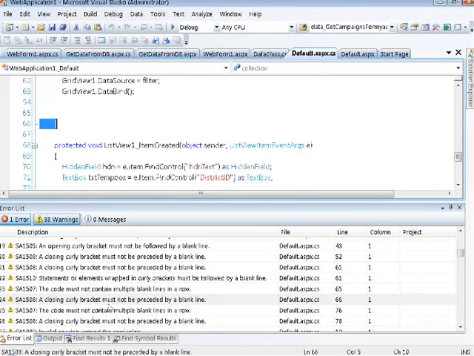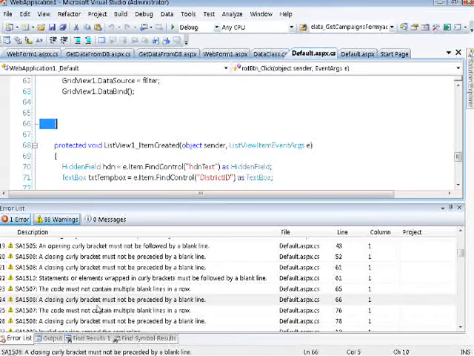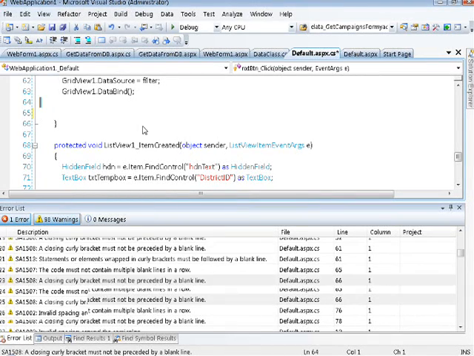Okay, so it also says, see this, a closing curly bracket must not be preceded by a blank line. So while writing code we should not give any spaces before the closing braces. Okay, so if you run it,